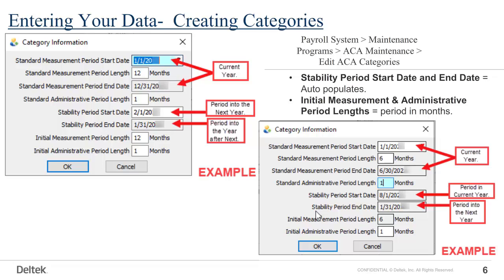the measurement period. For employees who were part-time during the measurement period, the stability period cannot be longer than the measurement period. So for example, if the standard measurement period is 12 months, the standard stability period must be at least 12 months. If the standard measurement period is only 6 months, the standard stability period must be at least 6 months. Even if the standard measurement period was only 3 months, the standard stability period must be at least